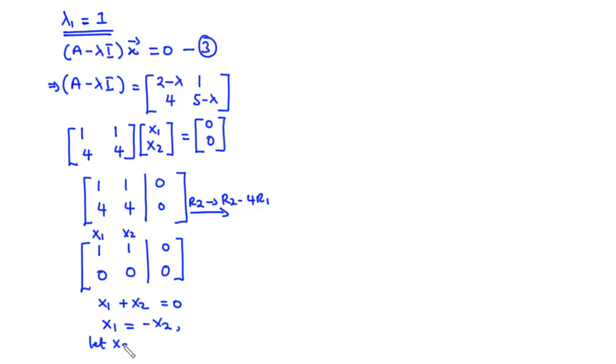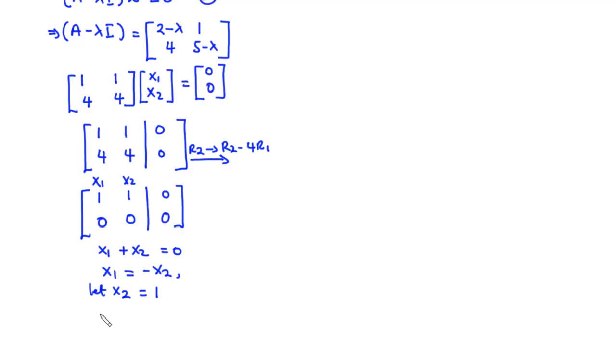So let x2 be equal to 1. Then x1 equals negative of x2, so negative 1, and thus the eigenvector x, which has elements x1 negative 1 and x2 1,